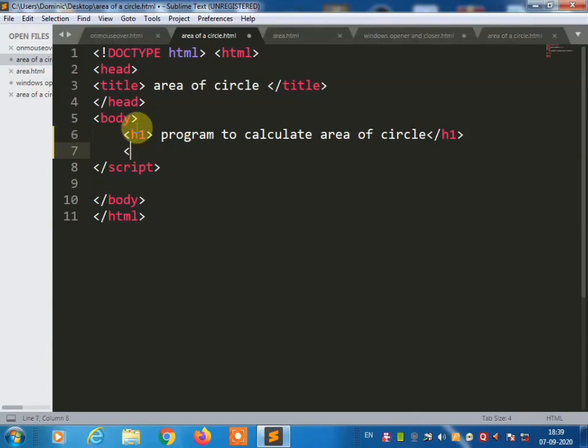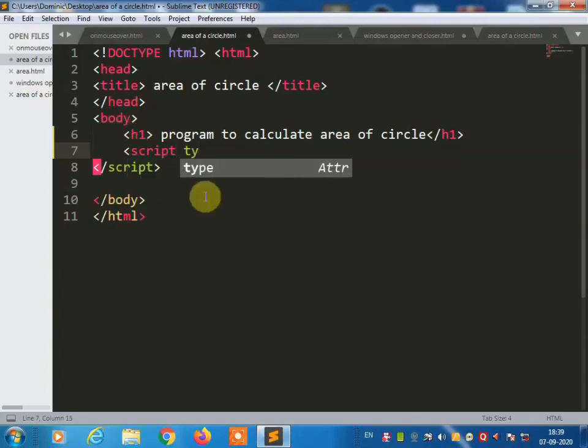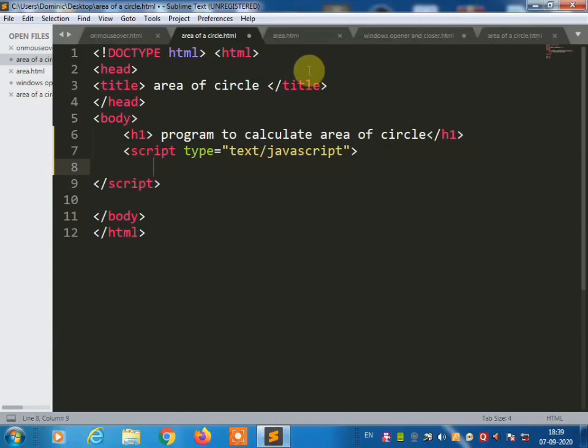Then script type equal text/JavaScript. Then declare the variables. In JavaScript we use the keyword var to declare the variables. So var r for the radius and area to calculate the area. So like these two variables we can use.